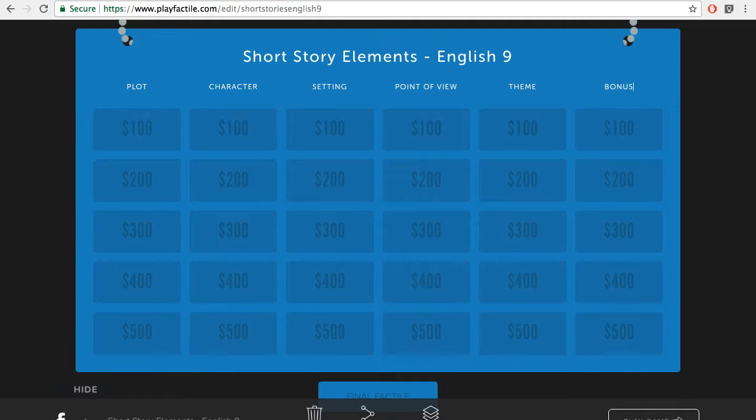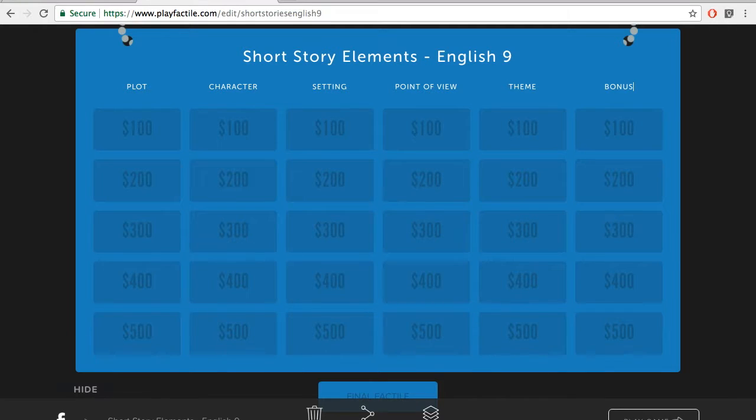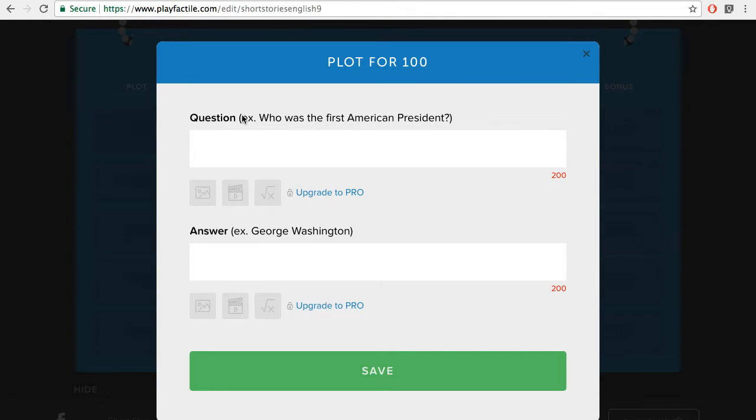So once you're done with the columns, you can click on one of the question boxes and it will open up your question field for you. So the top portion is going to be your question and the bottom portion is going to be your answer. This can be done in a Jeopardy format or not. I would advise, though, keeping an answer key